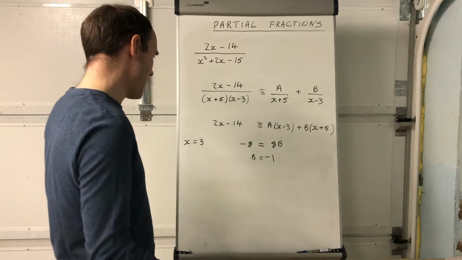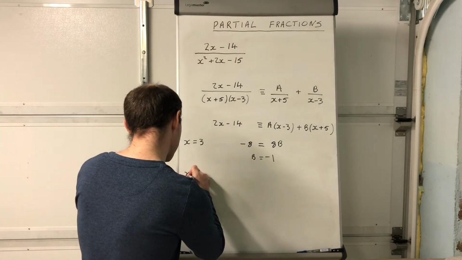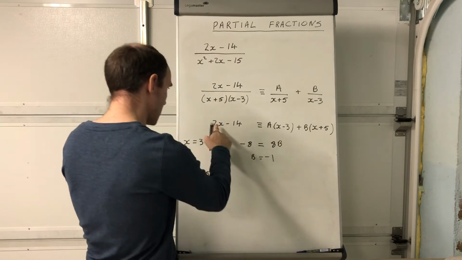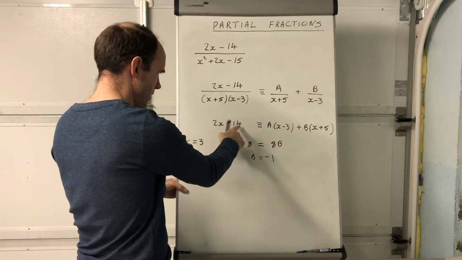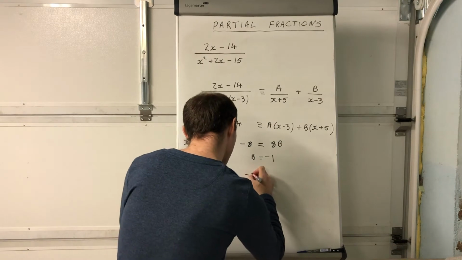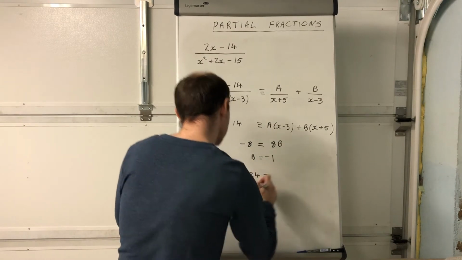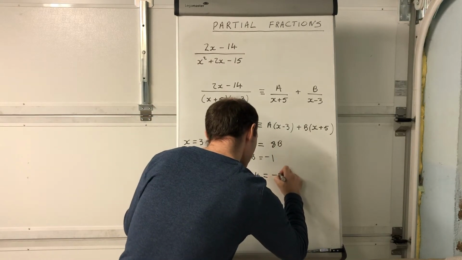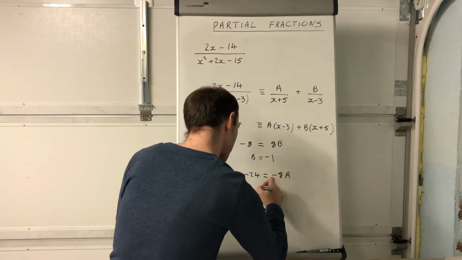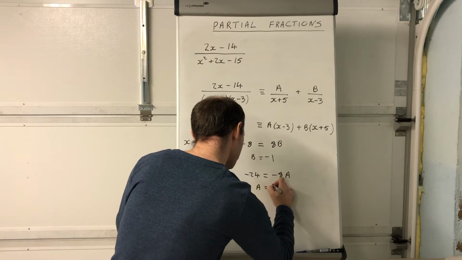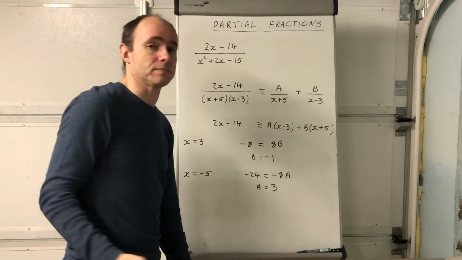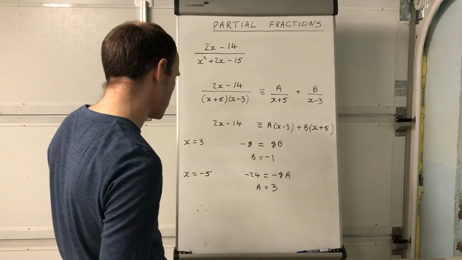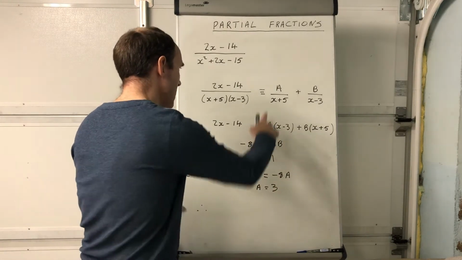Okay, and the next value to substitute in will be x equals negative 5, and so we'll have negative 10 subtract 14, that's negative 24, and then on the right hand side we'll have negative 5 subtract 3, negative 8A, and that means that A will be equal to 3. Okay, and then that's it. Okay, that's it, done. So in terms of writing as partial fractions, the partial fractions will then be A, which is 3 over